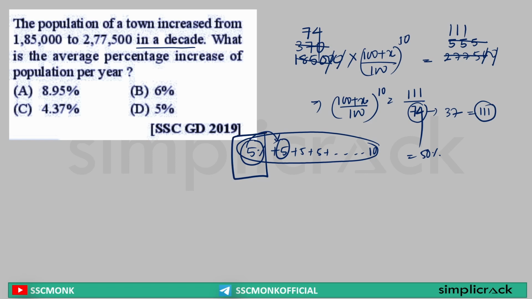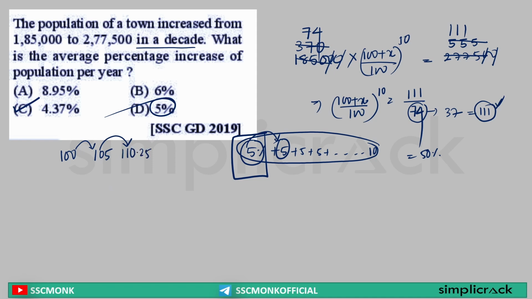That means whatever percentage we calculate, it should be less than 5, because if we take 5, it would be more than 111. So the percentage increase is what? 4.37 percent. Here you will be using your own logic, your own common sense, because if I say the population was 100 in the first year, and it got increased by 5%, so the population is what now? 105. Now it got again increased by 5%. So the population will be, you know what,